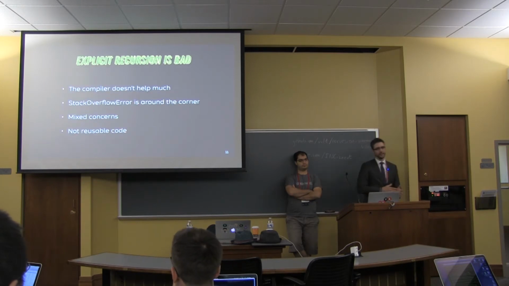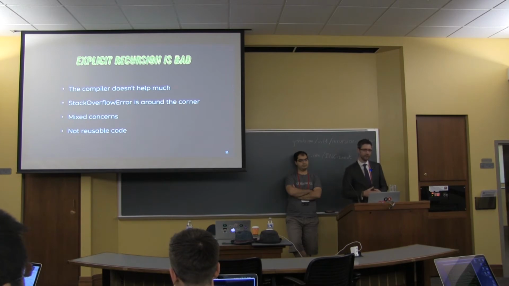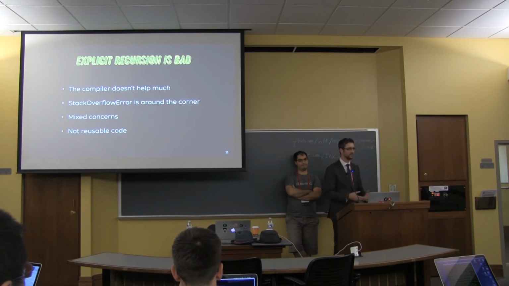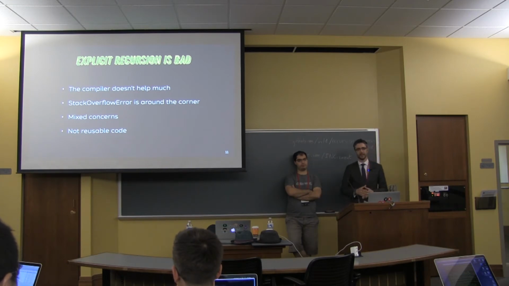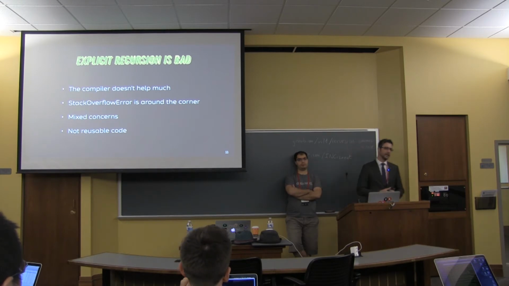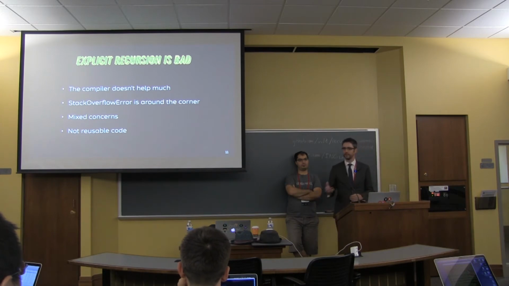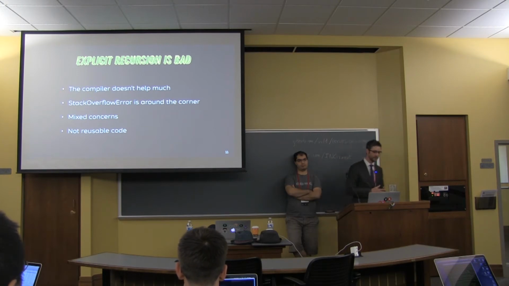And when you have a recursive data structure, your first reflex is to write a recursive function to process that data. But the problem is explicit recursion. It has many problems. First, you easily have stack overflow errors and stuff like that if you don't control the depth of your recursion. The compiler won't be able to help you when you write a recursive function that returns an int.